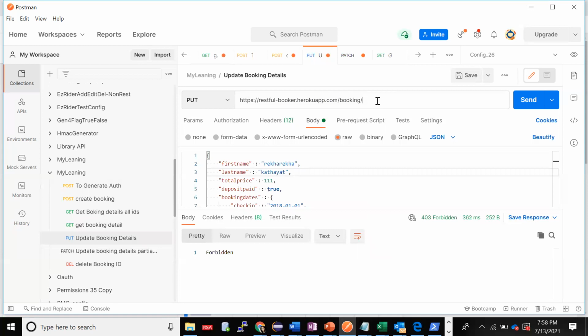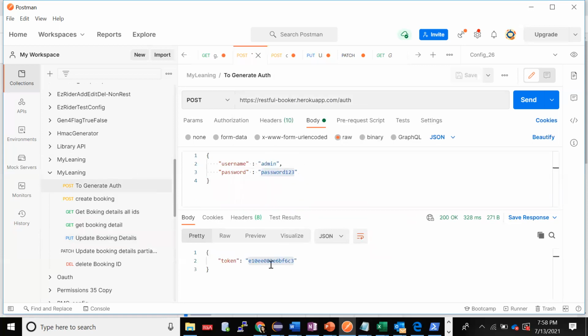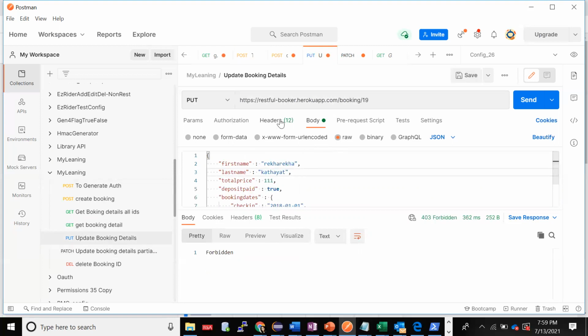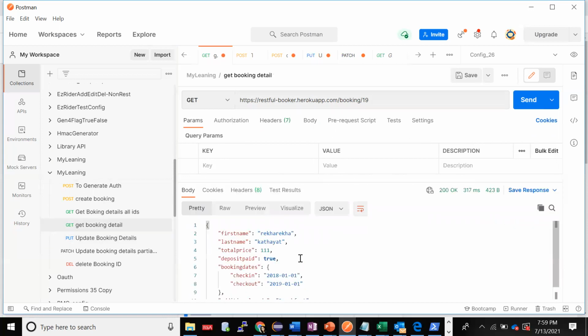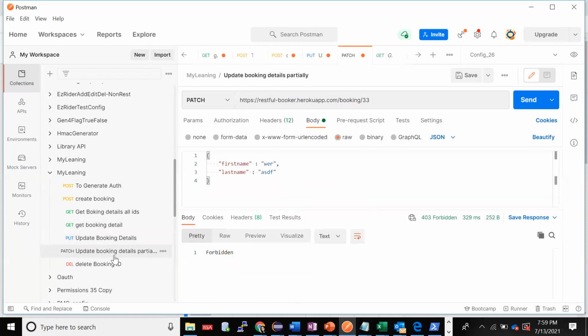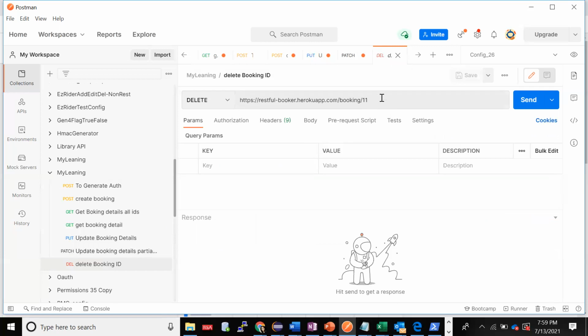Now what I'll do is with 19, I'll get this ID and I'll try to give this. All right. See, it is updated. Got it. So now if you do a get, because I updated something, right? If you get, it will get changed here directly in the server. Understood, right? Same thing again for deleting.